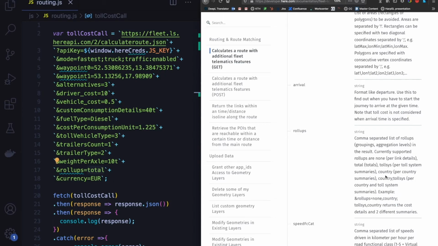So again, for toll cost per system, we have the toll system parameter, or rather the value for the parameter. And let's leave the total in because we want total as well as per system. And so you can add the other ones, and then you'll see that you'll get them as more objects one below the other. So now if you check